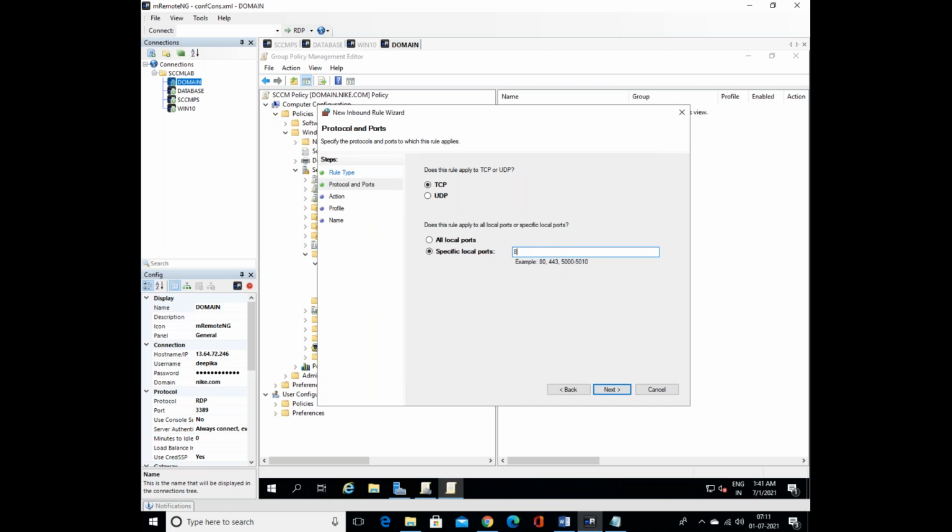inbound ports you would like to open in computers. I have to type in properly: 80, comma, space, 443, comma, space, 1433, comma, space, 4022, comma, space, 3389, comma, space, 8530, comma, space, 8531. Okay, these are the inbound ports which we have to open in computers. So we'll go next,